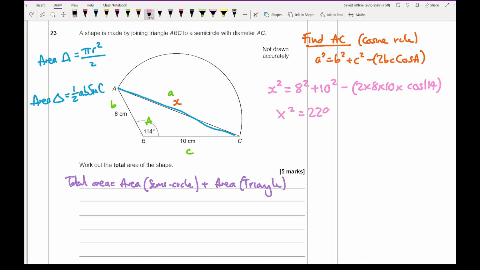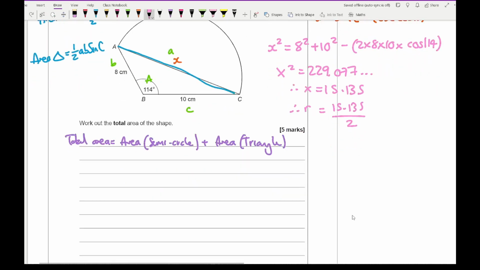Now if I type that all into my calculator, I get an x squared value of 229.077. So therefore x equals 15.135. Now then to work out the radius, so therefore the radius is going to equal 15.135 divided by 2. So then working out the area of the triangle,